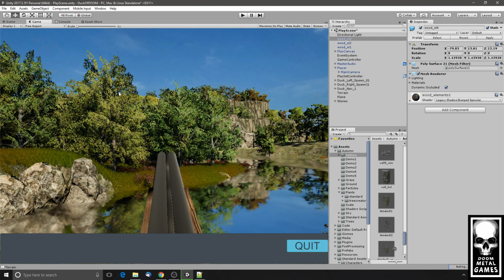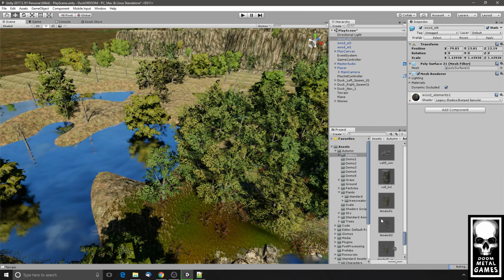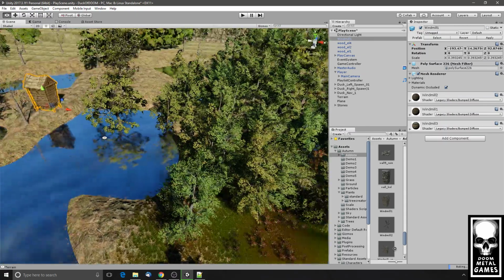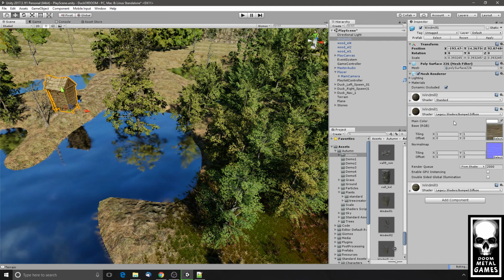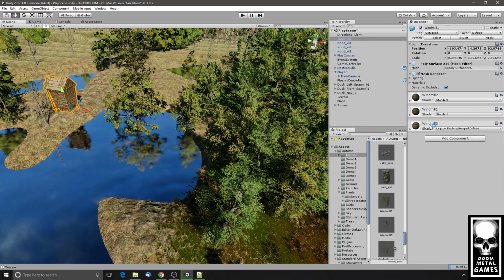A lot of people won't be looking there a lot of times, but they might eventually see it if they're looking in that direction. Windmill. Change these to standard. Okay, and here is the